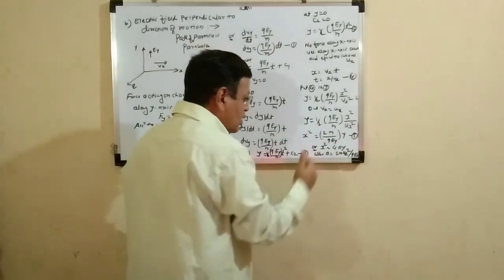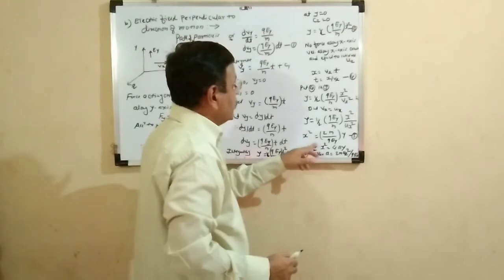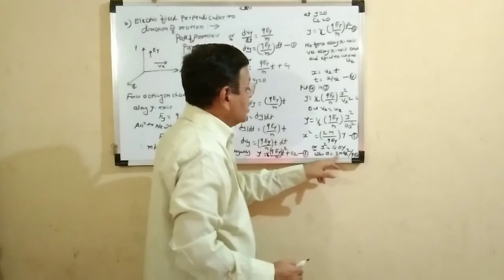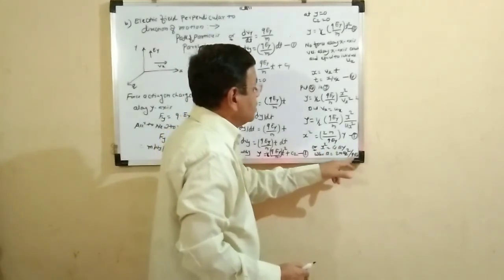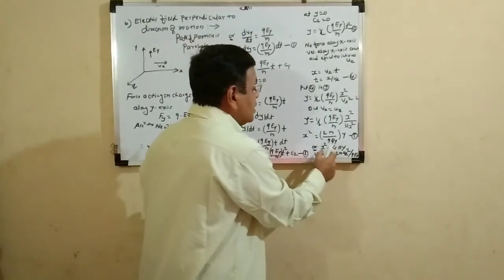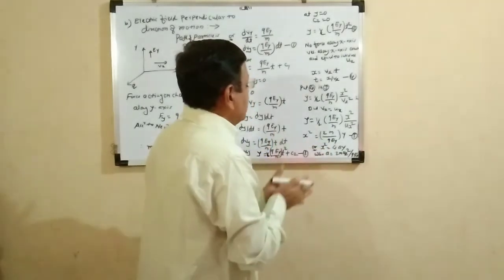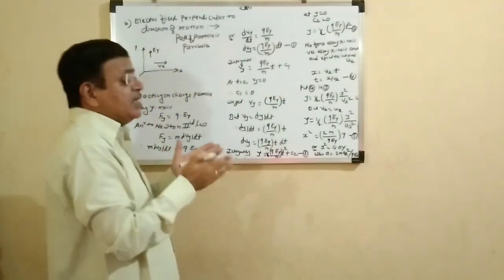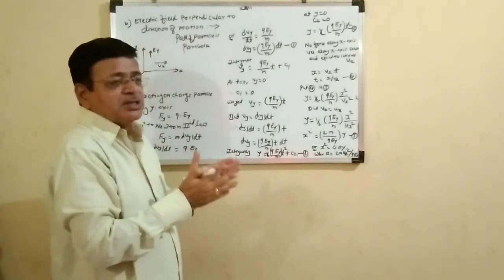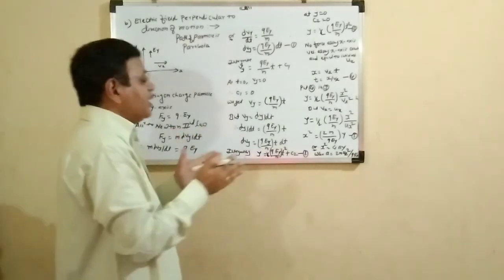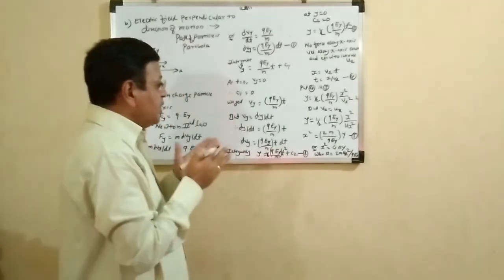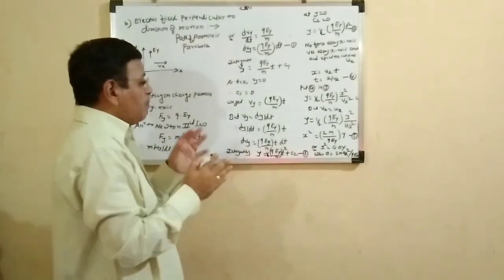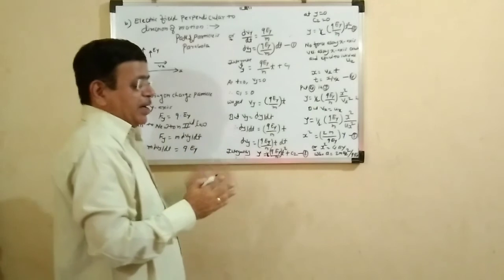Call this equation number 5, which is similar to the form x square equal to 4ay, where a is nothing but m ux square upon 2qEy. So this is similar to the parabolic equation. So we say that when a charged particle is under the influence of an electric field whose direction is perpendicular to the motion of the charged particle, that is, its velocity, then in that situation the charged particle acquires a parabolic path. That is, the path traced by the charged particle is a parabola.